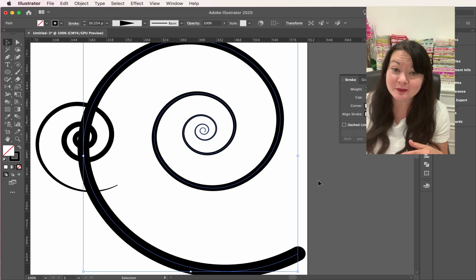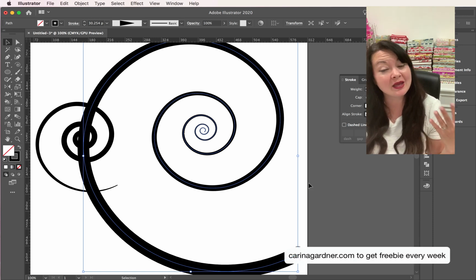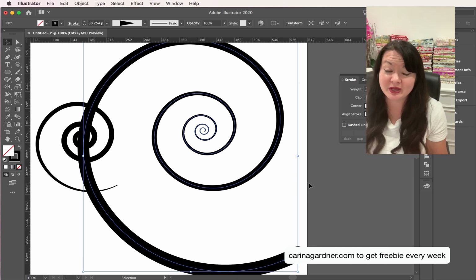Okay, I said this is going to be 1 minute. It ended up being a couple of minutes, but the point is this is fast. This is something you can do really quickly if you want to start making swirls, and you can add on to this with your pencil or your pen tool or whatever else,